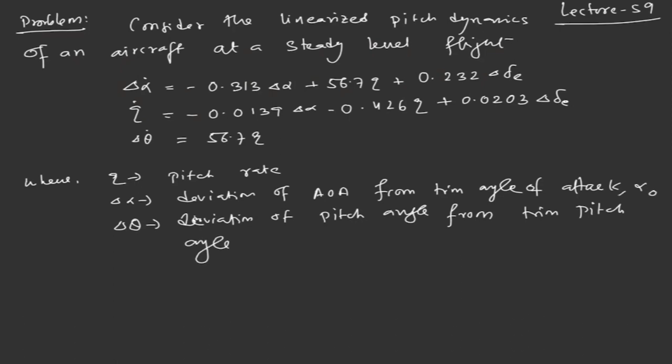Let's denote alpha naught and theta naught, for example, as trim values, and